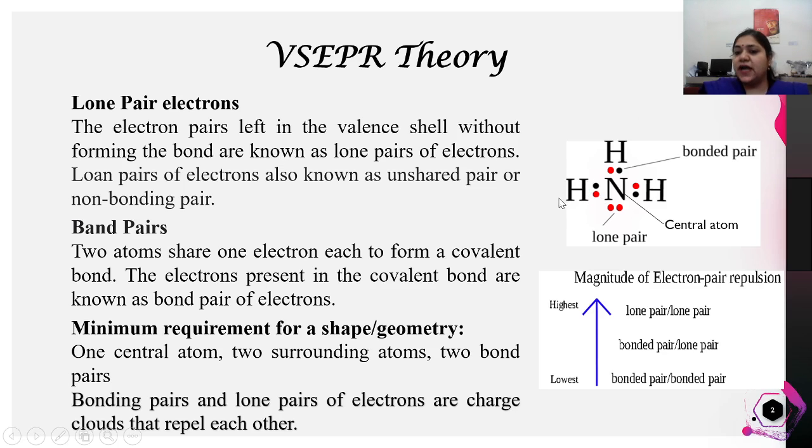Hydrogen mostly acts as a surrounding atom, because when we learn about the periodic properties, the place of hydrogen is quite confusing. It has one electron in the outermost shell. It is placed with the alkali metals, but it is not able to form ionic bonds. It forms covalent bonds by sharing its one electron, just like the halogens. So hydrogen is never taken as the central atom, and for the central atom it is a thumb rule that the atom which has less electronegativity is taken as the central atom. Then